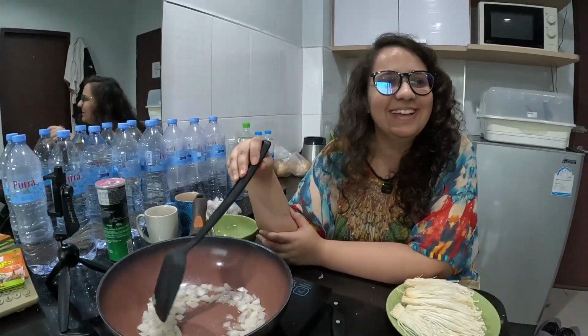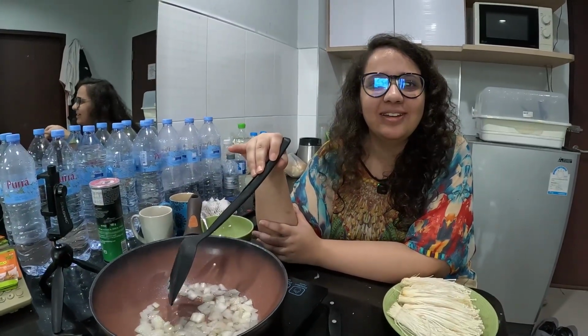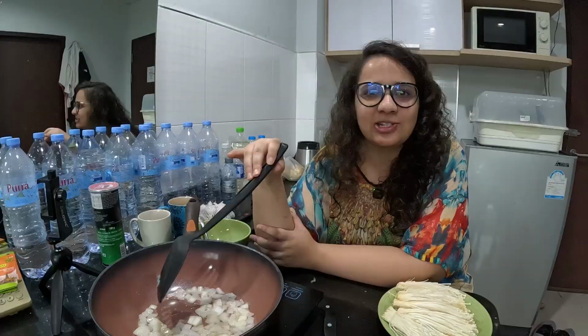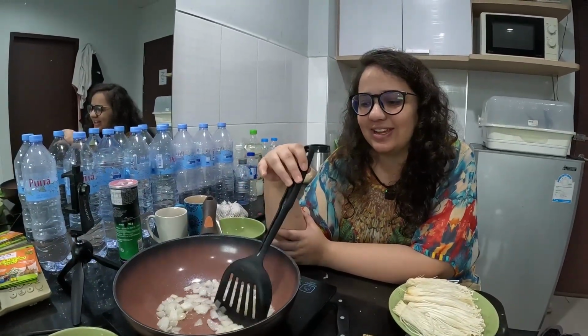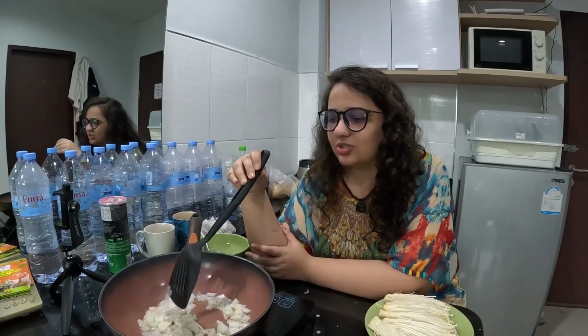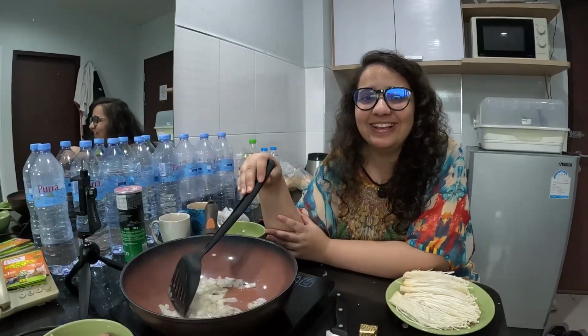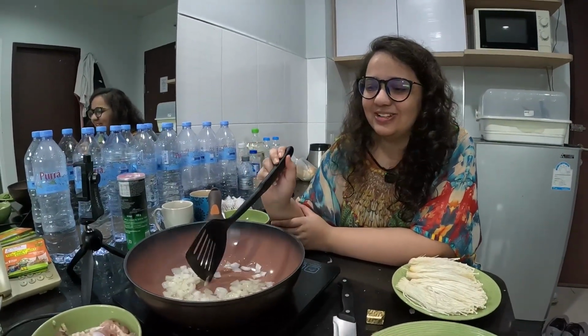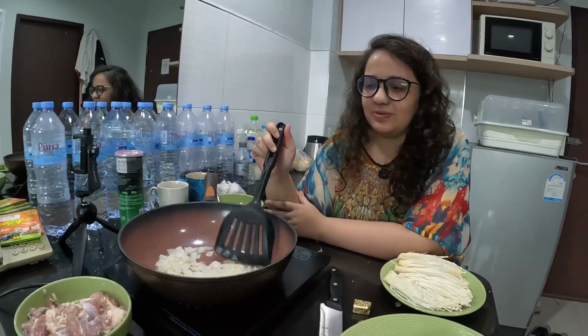This is fun. So very chilled cooking. It just feels like I'm at a hot pot restaurant or something, talking and cooking side by side. This is nice. I like this type of cooking. It's very simple, I won't even call it a recipe. It's just a very simple sort of meal that I'm cooking. I'll just be frying these